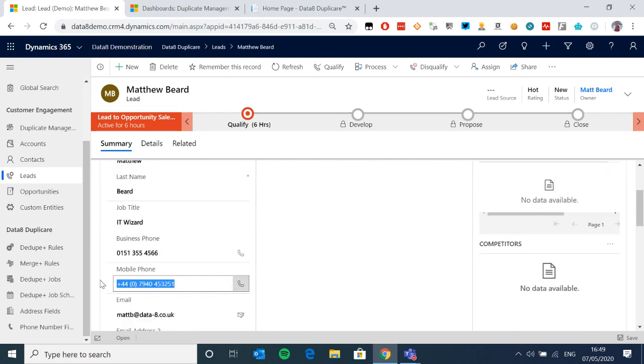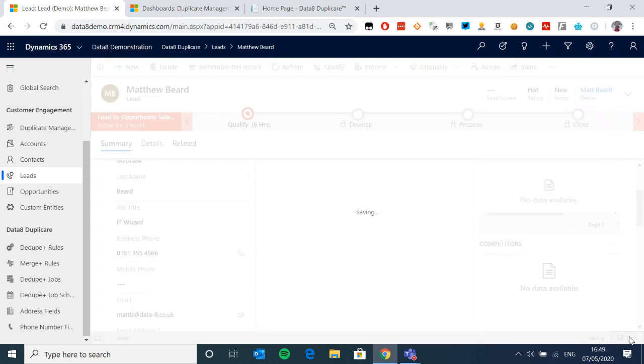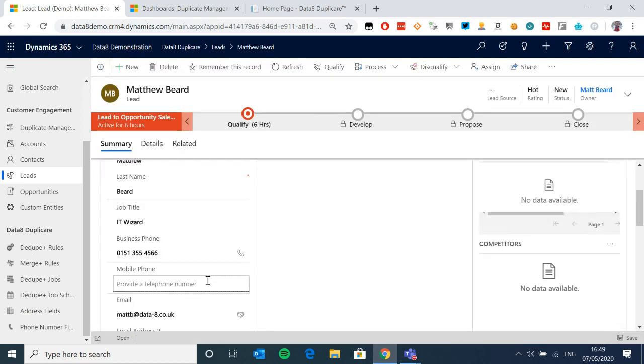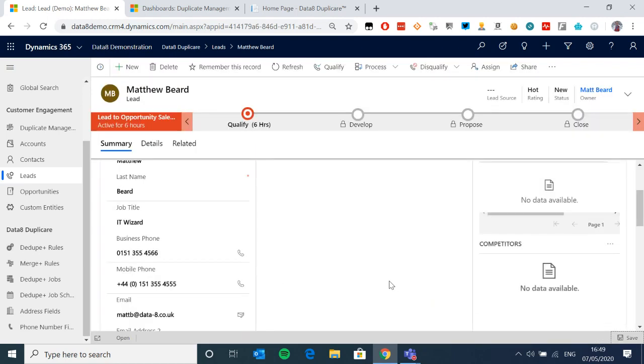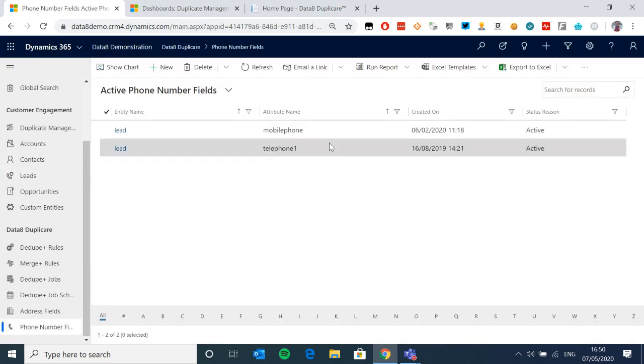And the same with phone numbers. If I just clear that field off, I've set this for international right now. You can configure this to be whatever your national one is. And if I enter my office phone number in mobile phone, because why not, and I press save, what you'll see is that it will format it to a standard format. The standard means it's going to help duplicate finding, it's going to help you do advanced finds. You just know what to expect. So I've set it to be international with the punctuation. You can turn all that on and off within these entities down here, but I won't go through them too much.